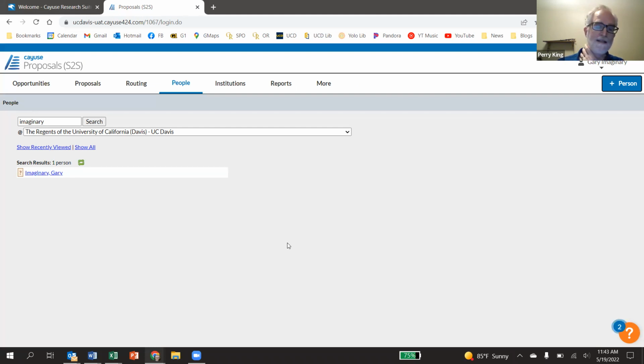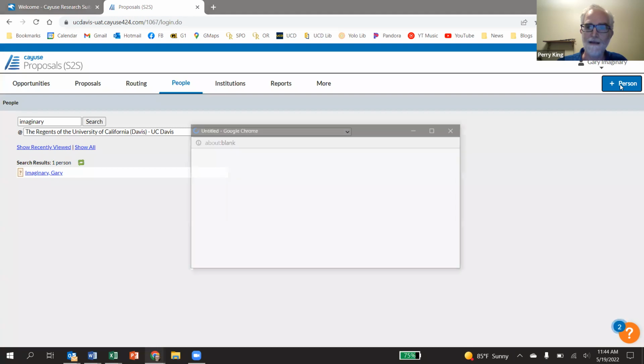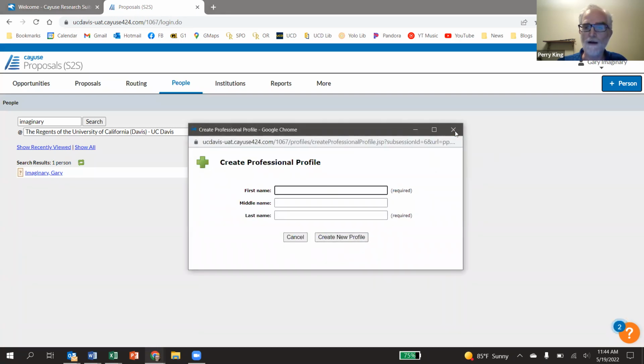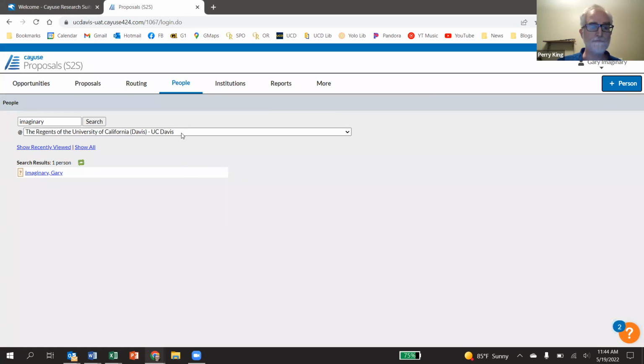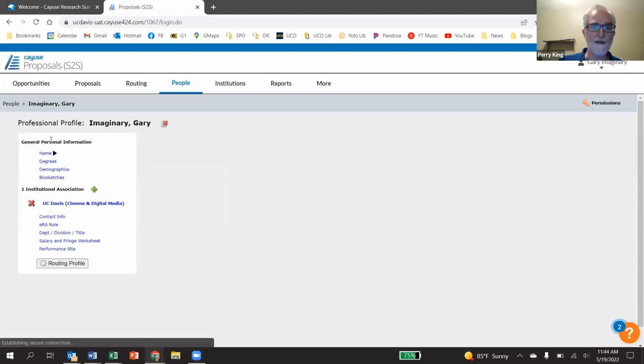If you want to add someone who is not at UC Davis, say they are part of a subaward, so you need to put them in an application, but they're not going to be accessing Cayuse. So at that point, you can click plus person in the top right here. And when you do that, you just follow the prompts to create their new profile, and then you can add them in Cayuse proposals. So now let's open up Gary Imaginary's profile, and you can see there are a number